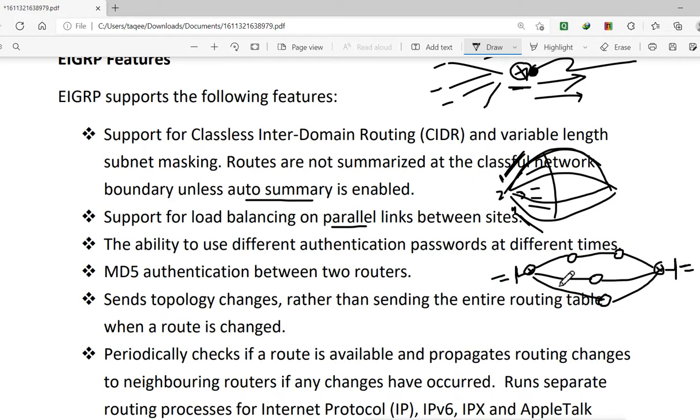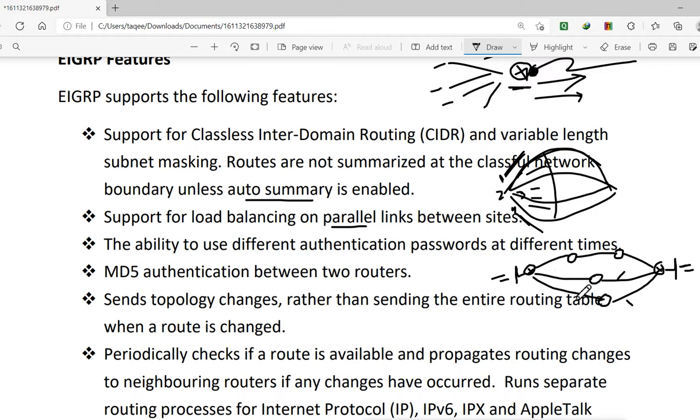Now if I configure RIP or OSPF, by default they will choose these 2 links, and these 2 links are similar, equal. For RIP, it's 1 hop and 2 hops to reach the destination, and from this side also 1 hop and 2 hops. So those 2 links are equal, but this link is not equal. If you go from this link, it is 1, 2 and 3, 3 hops. So in the RIP protocol, it will use these 2 links. These 2 links are the parallel, equal links, and it will use them for load balancing. It will send one packet from this link and the other packet from the other link.